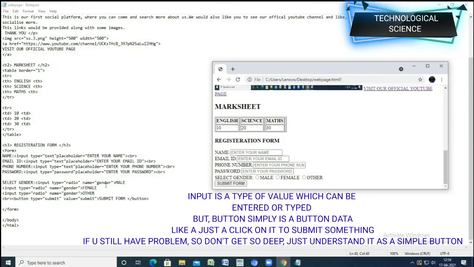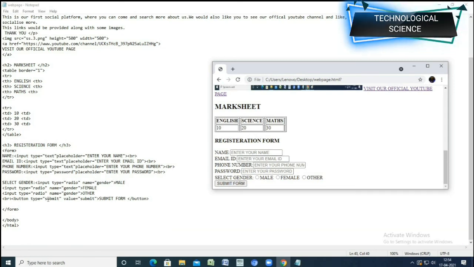Input means radio, password, text and all that stuff. Button basically means you click on it and it will be submitted. So it's a type of button, so we go with button type.